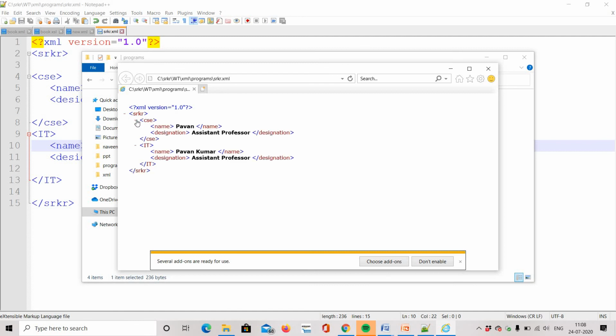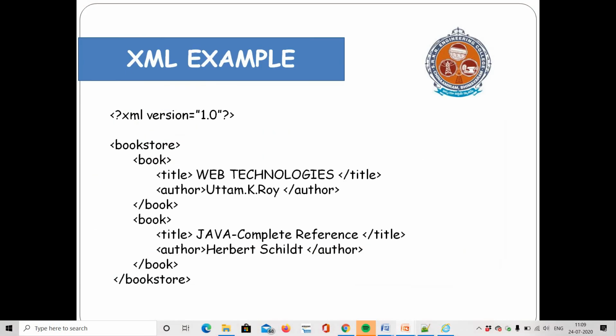There is a CSC branch, and in the CSC branch there is Pawan as faculty with name Pawan and designation as assistant professor, and in IT there is Pawan Kumar with assistant professor. Similarly, we can create our own XML documents, send them, and store this data. This is how it is useful: if you want to send any data to the server, this is how the data is sent.